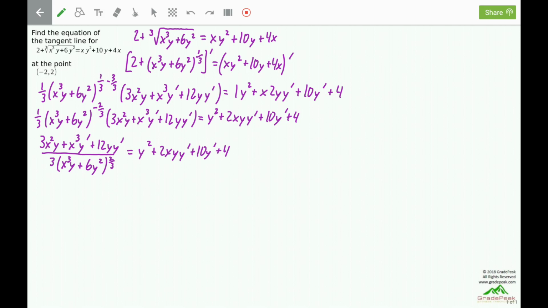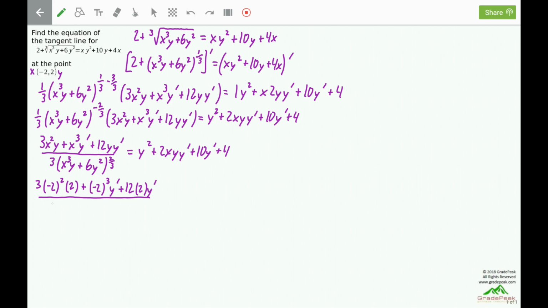We can now plug in the numbers for x and y from the point. Up here at the point, that's the x, that's the y. So we have 3 times negative 2 squared times a 2 plus negative 2 cubed times y prime plus 12 times 2 y prime